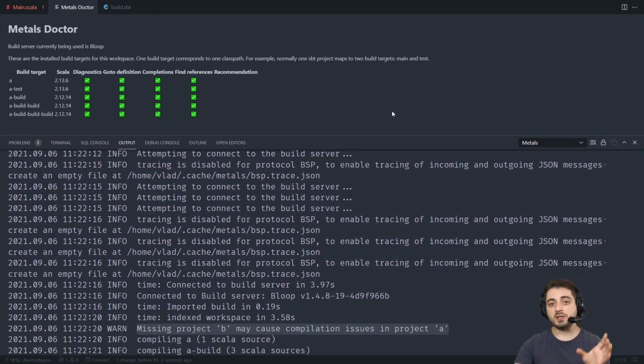And this happens because B needs Metals, right? It doesn't need to have the build imported. It just needs to be aware of the SBT. Well, technically, it just needs Bloop, not even Metals. So at this point, we have two choices. We can either go and change the build of the project B, but I sort of promised you that this approach would not require any changes to the build. So what we're going to do instead is we're going to specify a global SBT plugin, which is going to be Metals, or technically SBT Bloop.